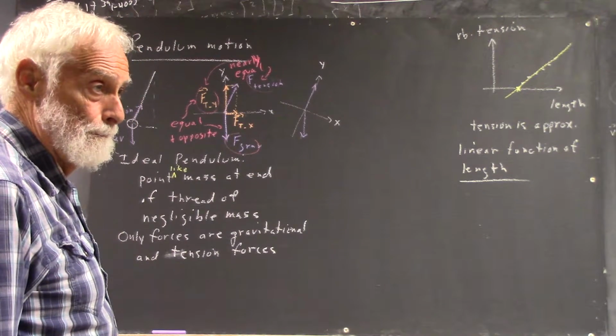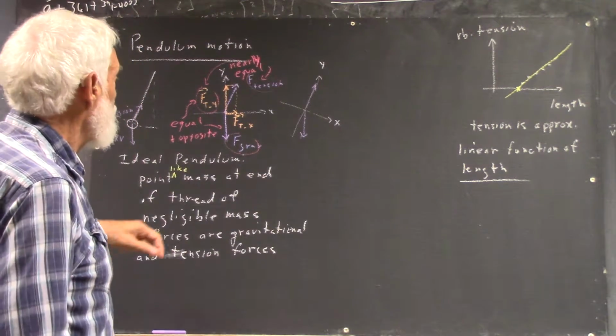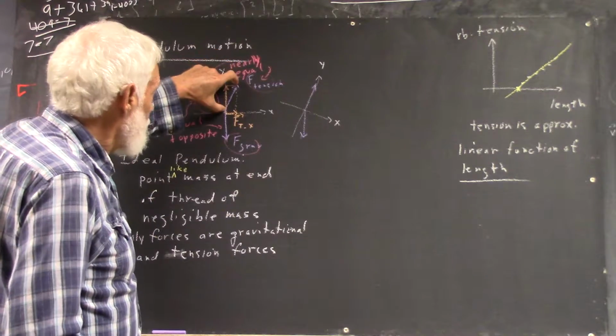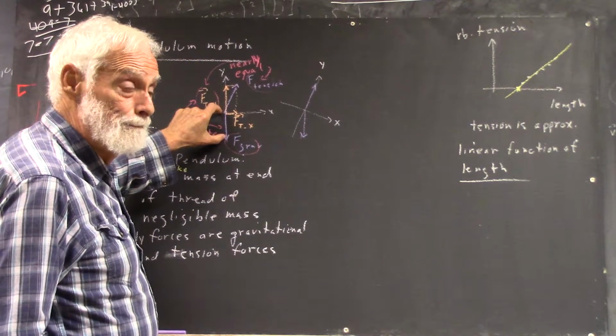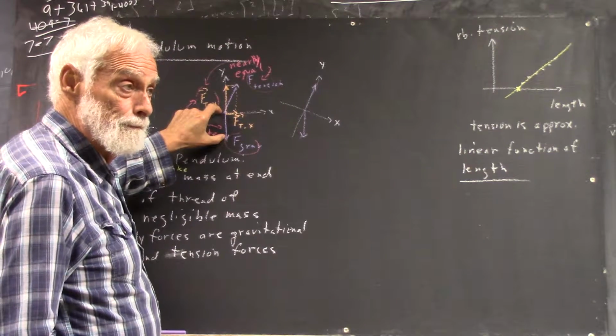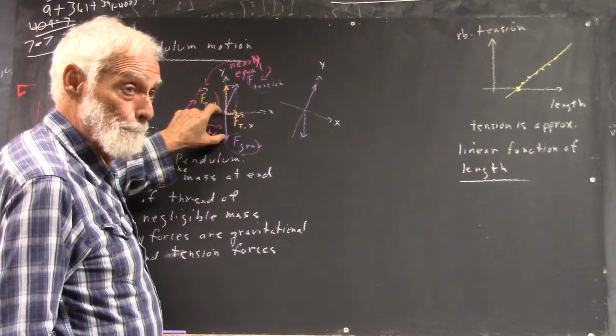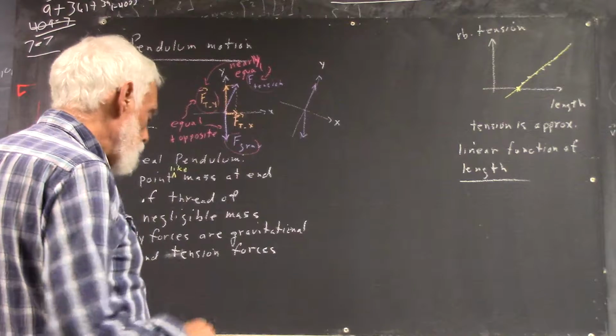Okay? Well, it then follows that the length of this vector is nearly equal to the length of this vector. Okay? And also then,